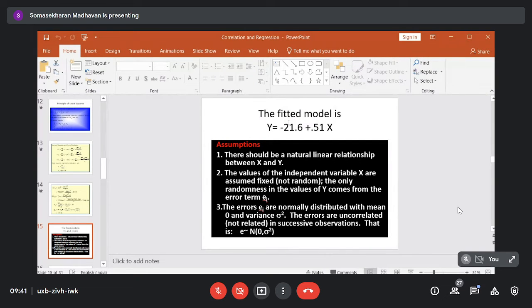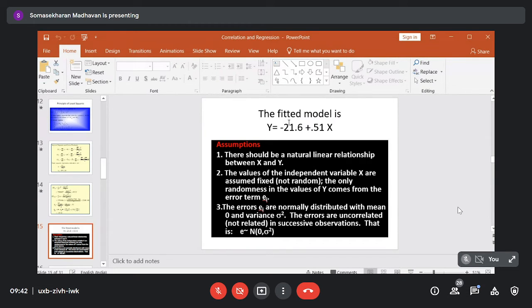you take the initial height of a child, that is a newborn child, if you put that value there, you will get the expected weight of the child. It is usually 2.5 to 3.5, or there may be a slight variation. There will be an average weight of 3 kilograms. And the physical meaning of this term 0.51 is, if there is an increase in height of 1 centimeter, there will be a respective change in weight of 0.51 kilogram. But this will not be exactly 0.51 because it is only an estimate.